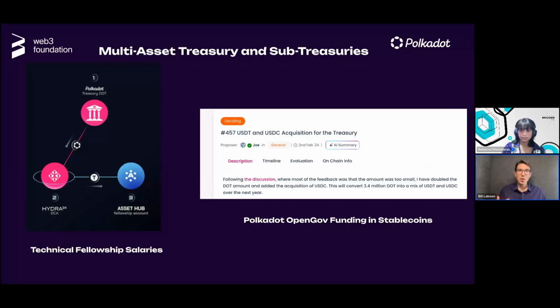So how this works is the treasury is receiving DOT as a side effect of inflation, as a side effect of other things that the network is doing. And there's an automatic process that was voted on by governance to use HydraDX, now called Hydration, to swap a percentage of this DOT for Tether. That Tether is then sent to a special account on the Asset Hub. And from there, every month, another transaction will automatically occur to pay all of the Polkadot Technical Fellowship members their salary in USDT. So I think this is really interesting, right?